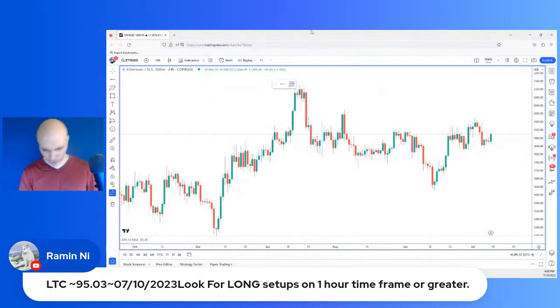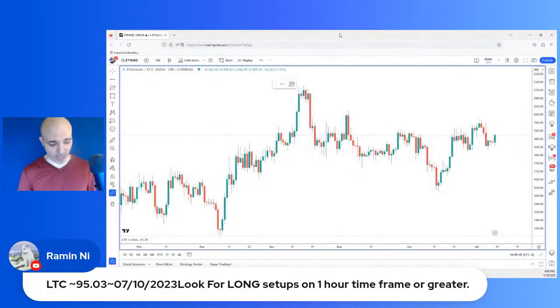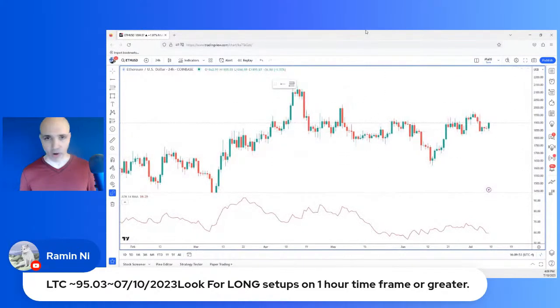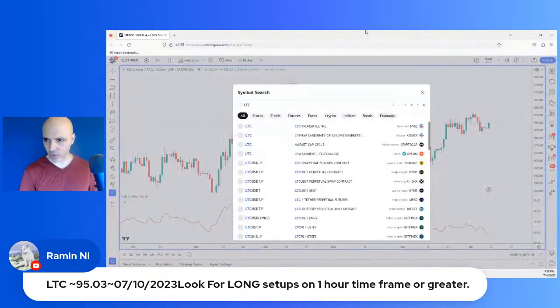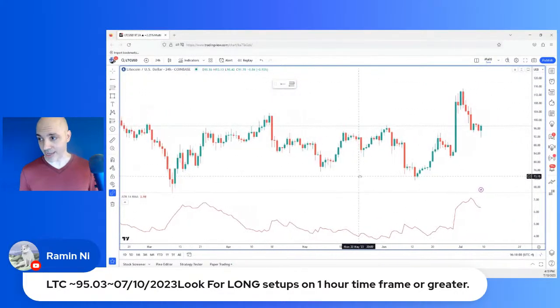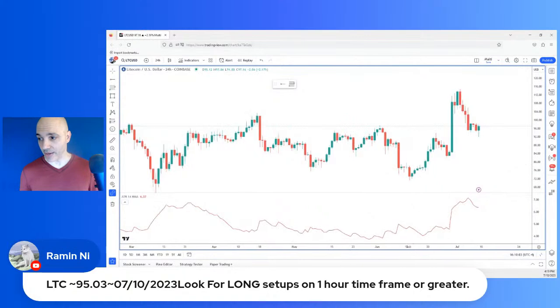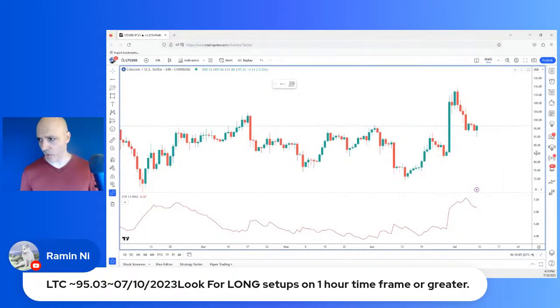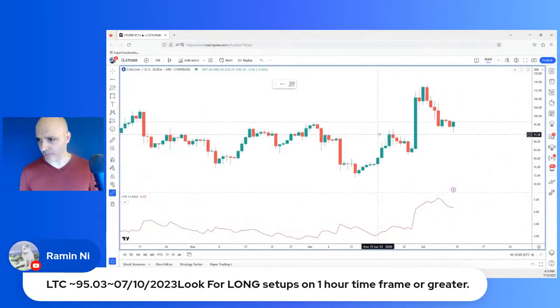All right. So Raman shared this here. This is from the trade scanner, and this came out today. Earlier today, Litecoin long 95.03, looking for longs. So let's just do this real quick, step by step. And let me pull out my ATR because this is where the ATR really shines. So we're going to go to Litecoin. This is a complementary trade idea, guys, right from the trade scanner. And this is what my members have access to all the time. And they've had some nice trades off of this. So this is Litecoin. This is where it's calling it long.